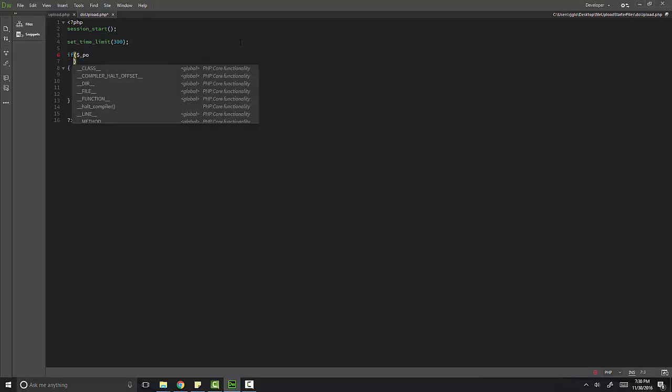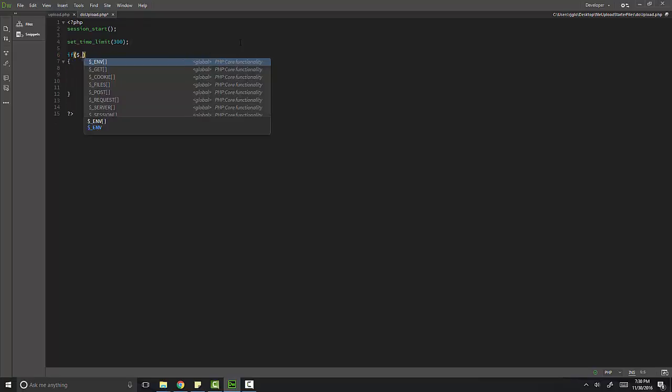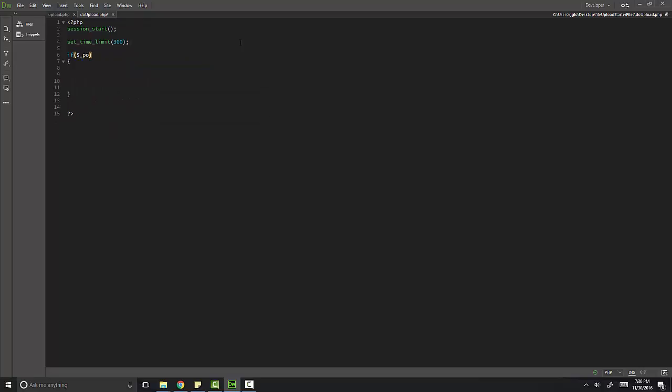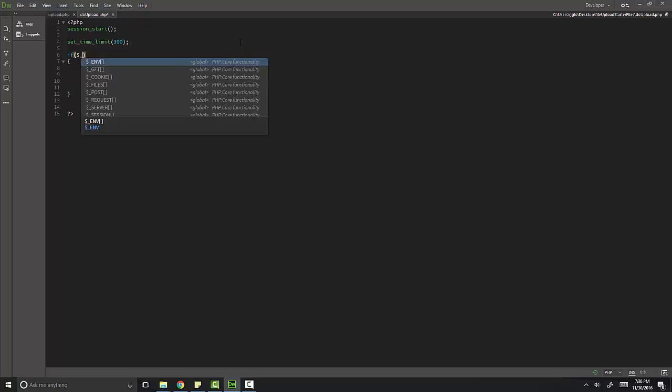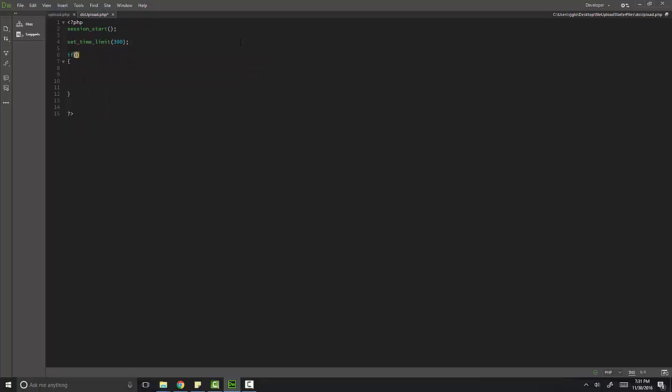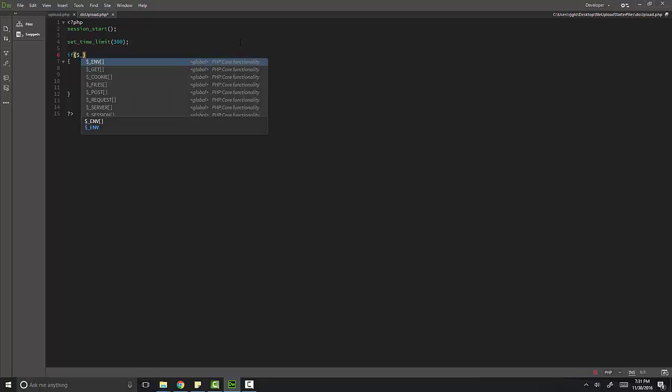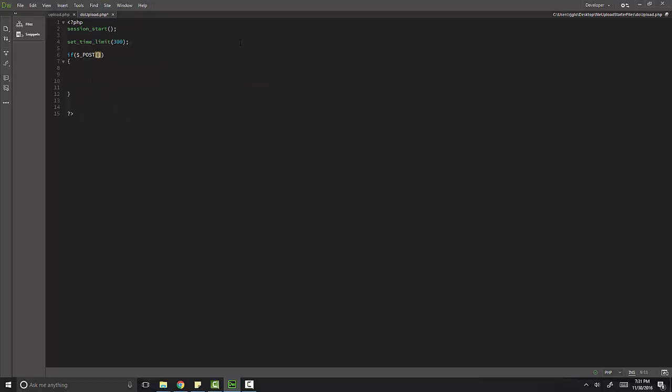So we'll do an underscore post. And we are looking for upload file. And if that upload file is not equal to the empty string,